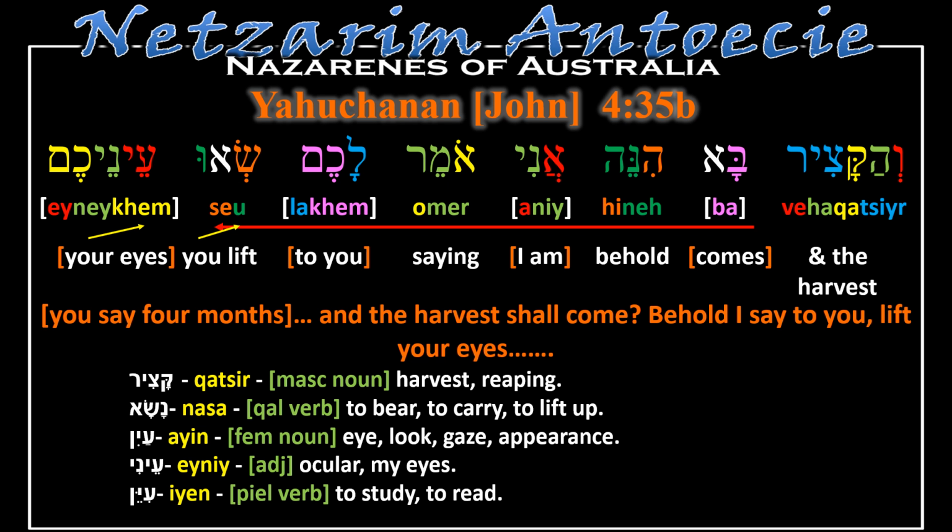And we begin, Veha Katsir, and it means, and the harvest. Ba comes. Hine, behold. Ani, I am. Omer, saying. Now often it's translated, I say, but I'm using saying because Omer is like a participle. So an ani can be I or I am. I am saying,